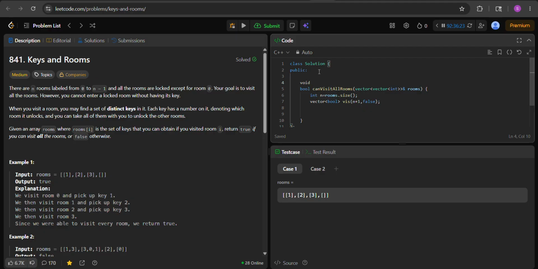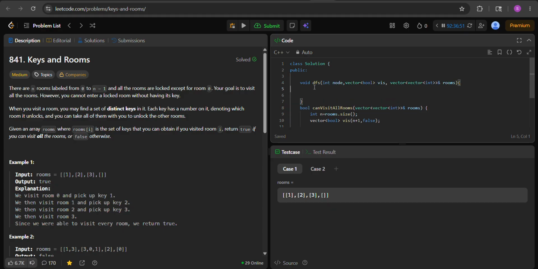Okay, void DFS. What are the parameters? First of all, of course, the node, and our boolean vector, of course, and also the parameter, the 2D vector. So what's the first step of DFS? If a node is reached, then mark it true. So basically visited of node is equal to true,